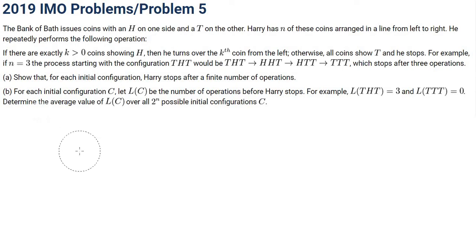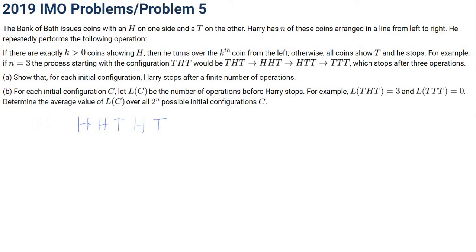So, basically what we have is these N coins, all in a row. So we have N coins, H, T, H, T. And we just do this operation where